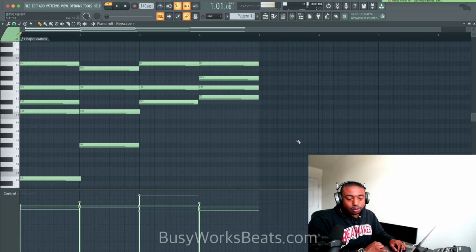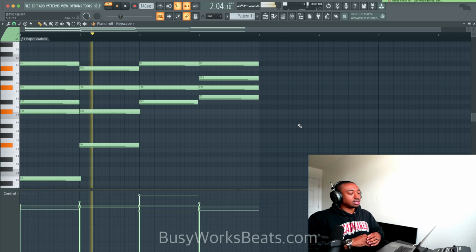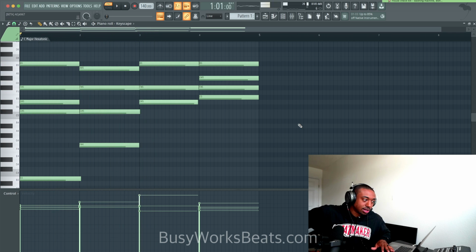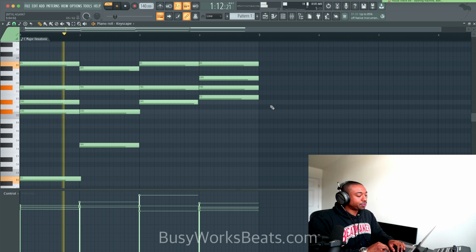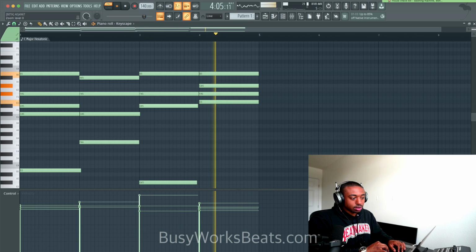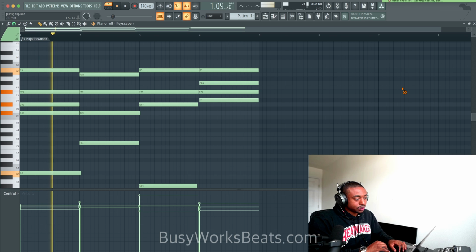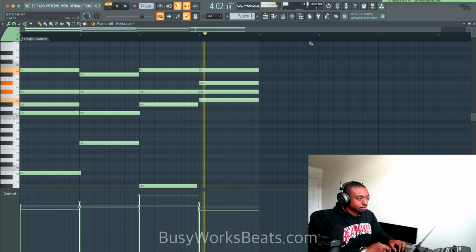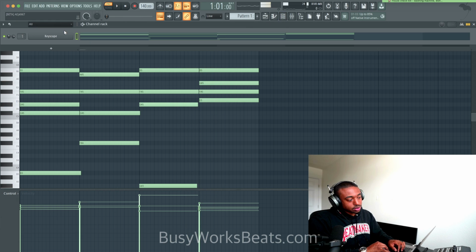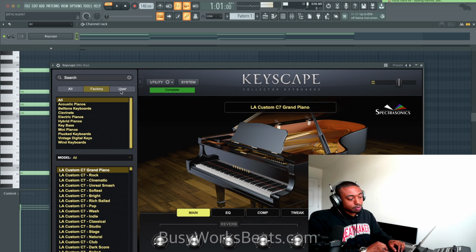I'm not going to waste your time with messing with this even further, but there are limitations. Again, this is beta, so they're still trying to figure out what's good and what's not good. I will say probably 70% of the time you're going to get good chord progressions with this. The other 30%, you're going to have to tweak stuff. So you still kind of need to know music theory with this tool to a degree. So is this going to be a replacement for music producers? Not necessarily. I think it's just a tool for us to have more fun.